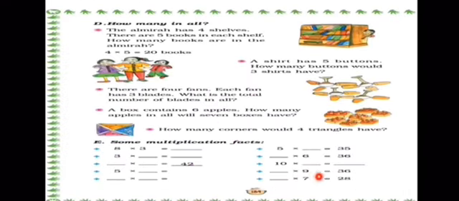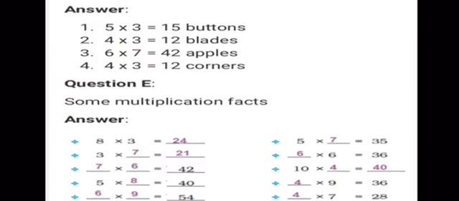Dash multiplied by 9 is equal to 36. So 4 multiplied by 9 is 36. Dash multiplied by 7 is equal to 28. So which number do you multiply with 7 and get 28? 4 7s are 28. So the answer is 4 7s are 28. So start doing this in your textbook.